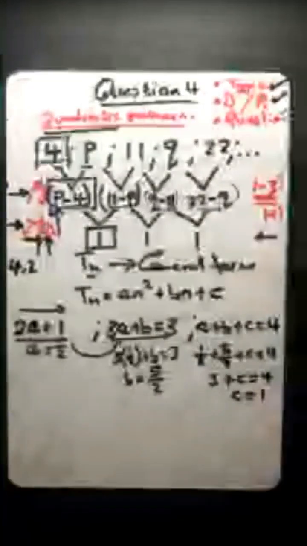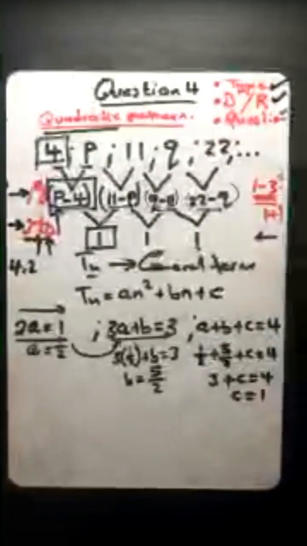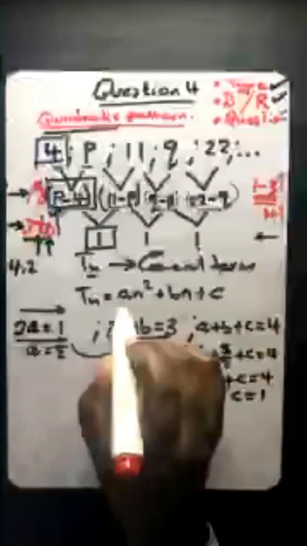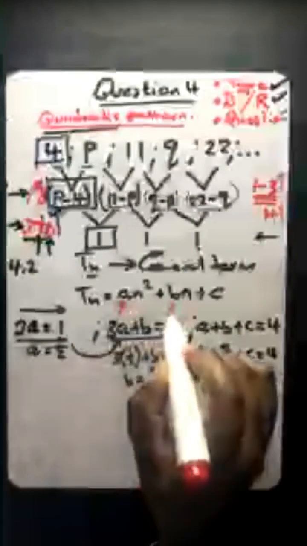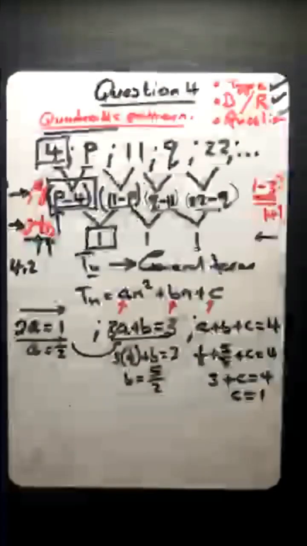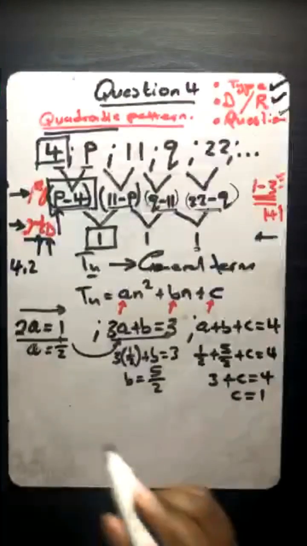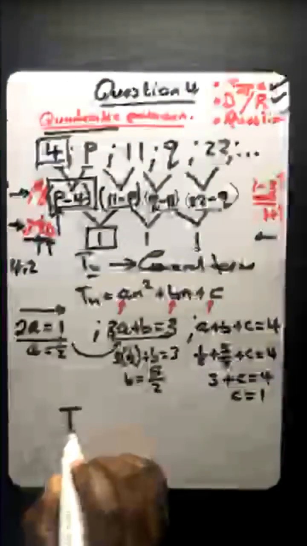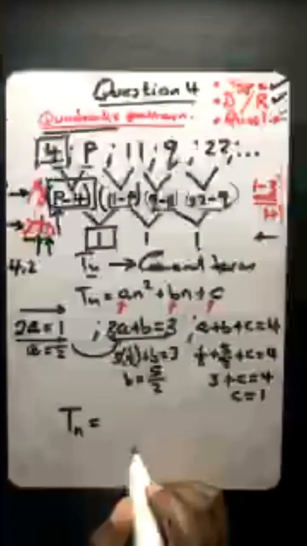So remember, guys, when the examiner says quadratic, when they say the general term, they just want you to find the A value, the B value, and the C value, then you just write it on that general formula. So how will it look? It's going to look like Tn, which is equal to